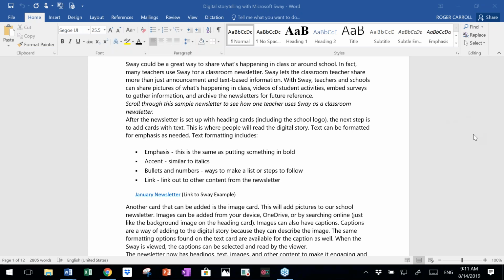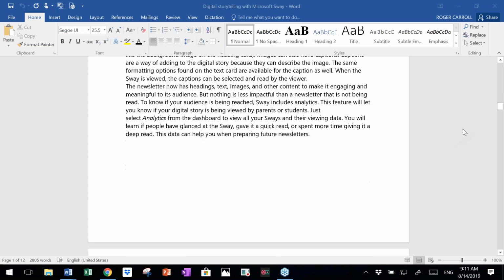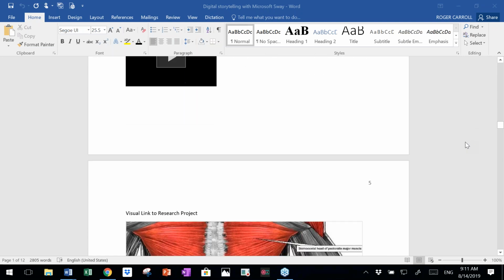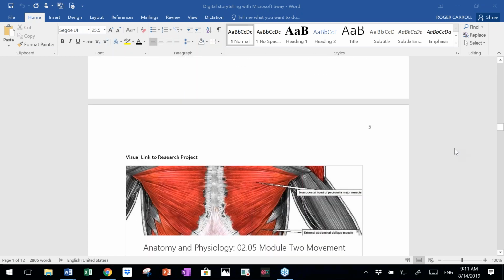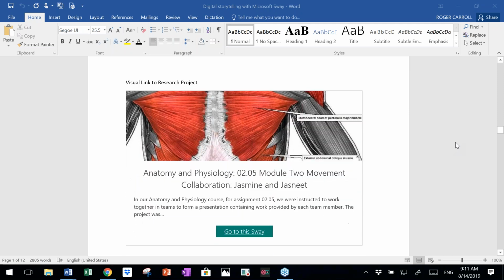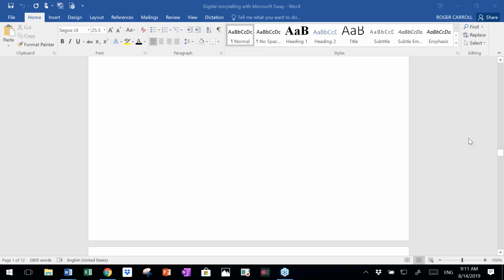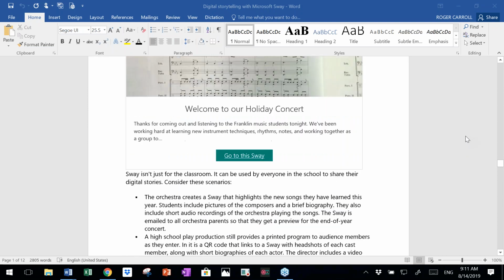Sway is a much simpler interface to work with. So here we're looking at, again, the document that you can download and print. Caution, it is 12 pages long. But I think you'll find it very useful, but it also mirrors